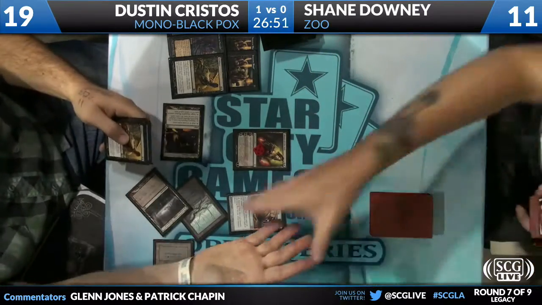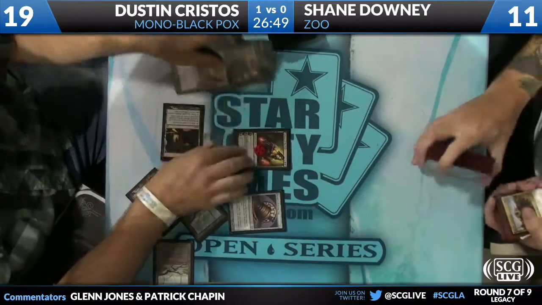He packs it up. Dustin is the winner. 2-0 with Mono Black Pox over Zoo. A total nightmare matchup for Zoo. Yep. No surprises in this match. So I think we're going to